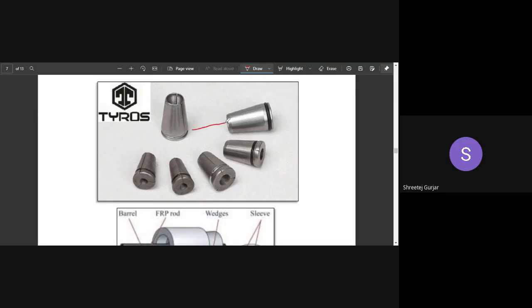You can pass your steel in this direction. What will happen is your steel wedges will open up, as each is made up of three steel pieces. It will open up and allow your steel to pass in this direction.